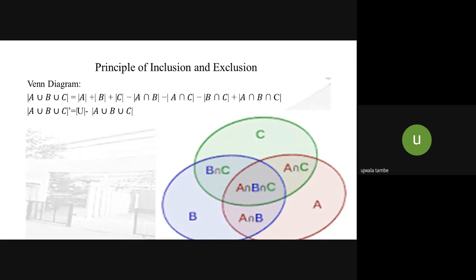Then consider this area only, this one. Okay, so this is A intersection C because this is set C and this is set A, right? Consider only this area, okay? So the A intersection C value is given, and for finding the value of this portion, we have to subtract the value of this intersection from this one, okay? Same for A intersection B and B intersection C.